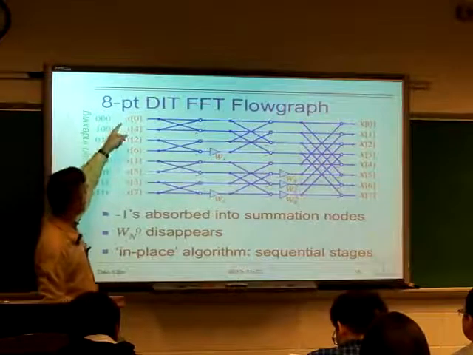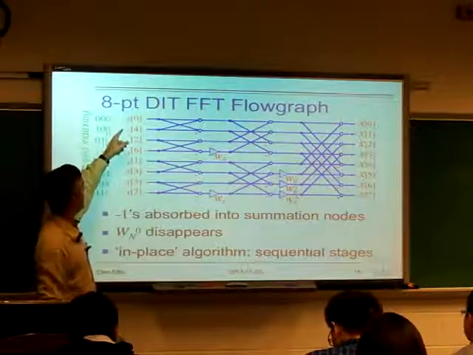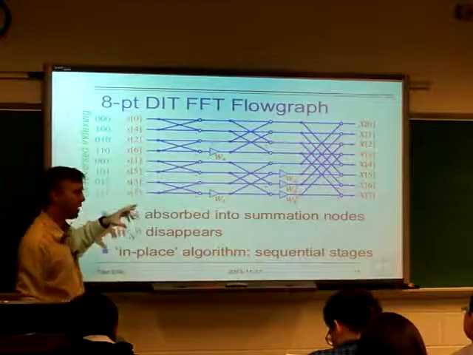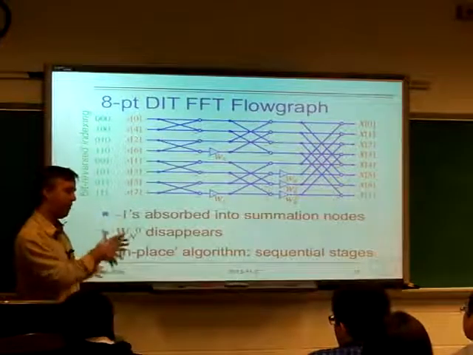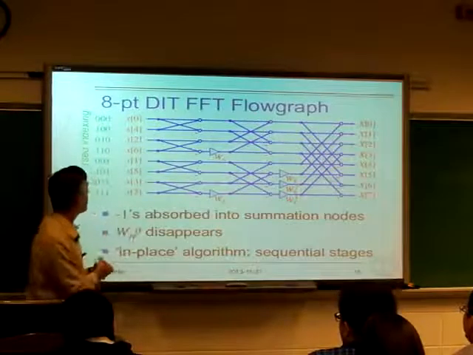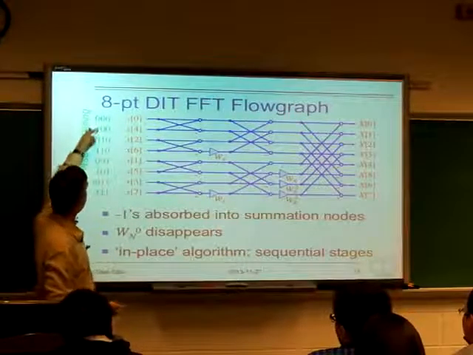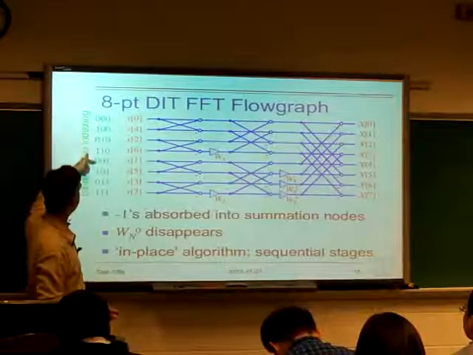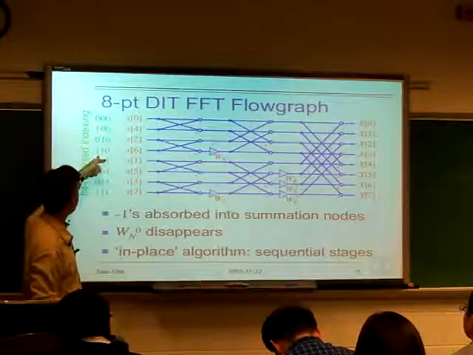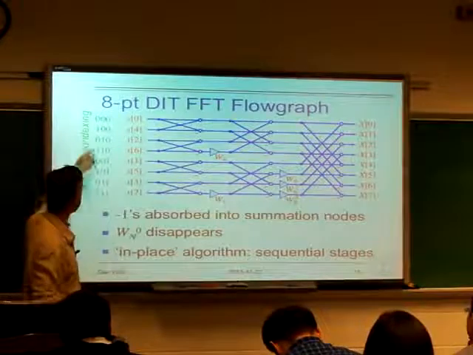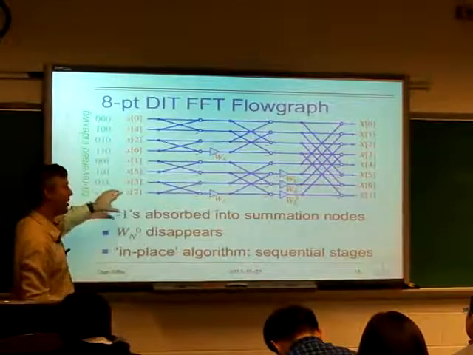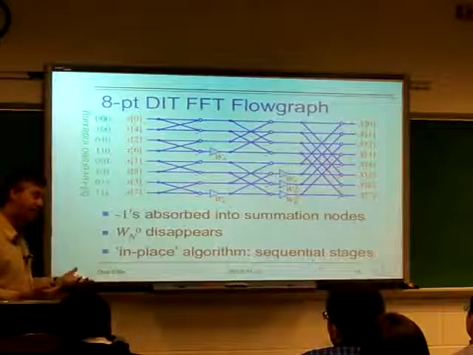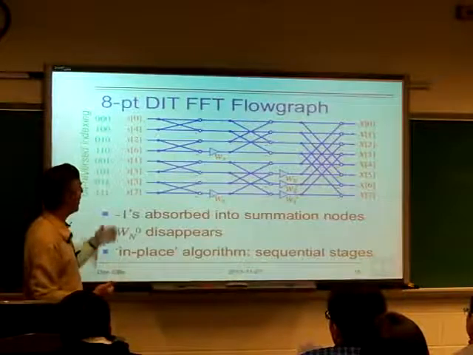To implement this, we need to make sure the sequence is in the right order to begin with. And it turns out that if we figured out what we did, which was basically taking the even and odd parts of every even and odd sequence, and we write down the binary representation of each of these indices, 0, 4, 2, 6, etc., these ones are going to be the ones that were odd numbered, so they're the binary numbers that have 1s at the end. This is actually just binary counting, but with the bits in reversed order. So this is called bit reversed indexing,